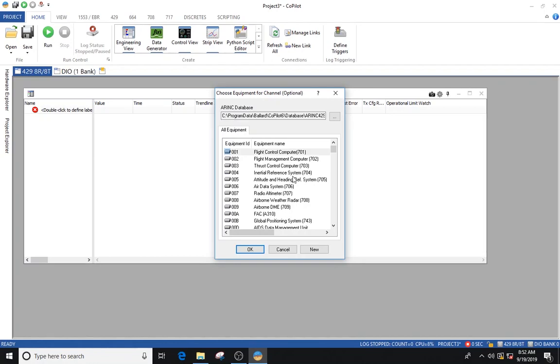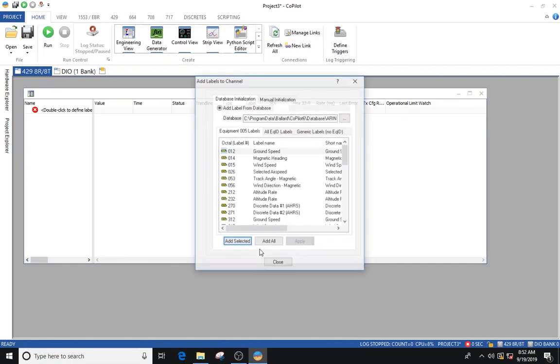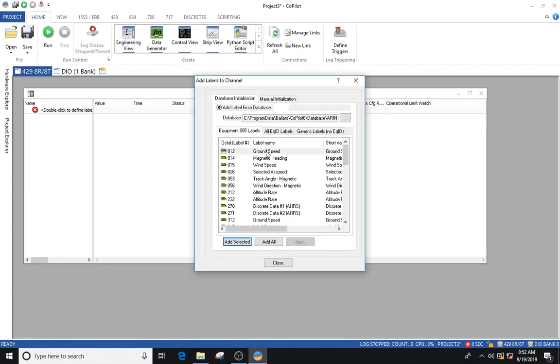So let me pin the hardware tree after I make the selection. Let me first select the AHRS as the option, and when I click OK, it will set up the channel for simulating AHRS information. Automatically it will bring up all possible labels which can be assigned to that particular type of equipment. To keep the simulation simple, let's just select the three basic parameters, which is the magnetic heading and the